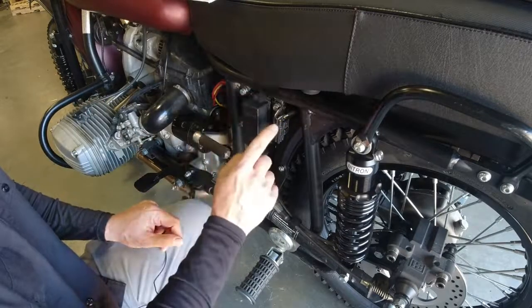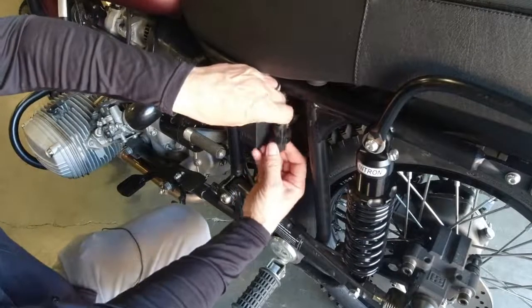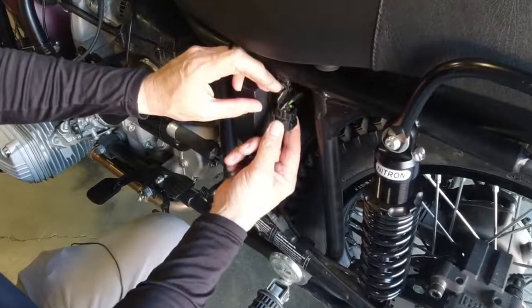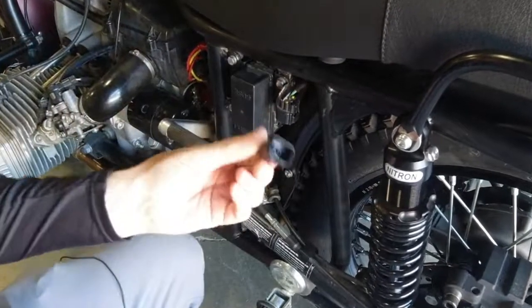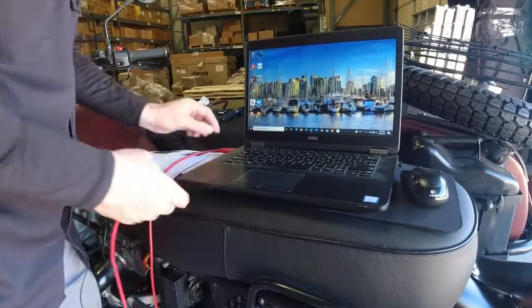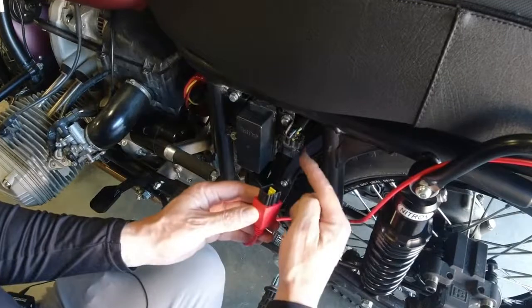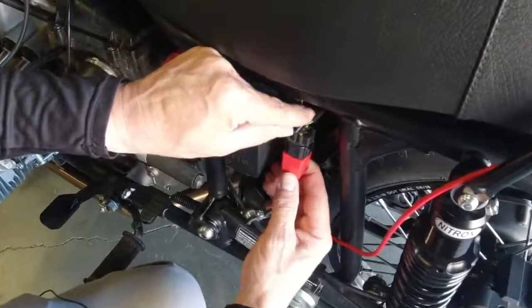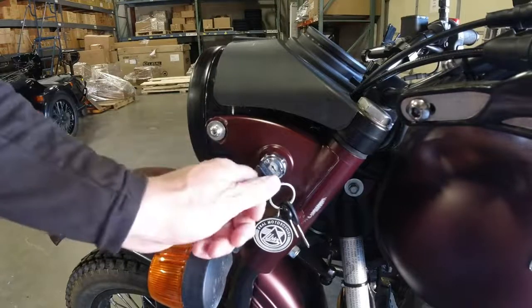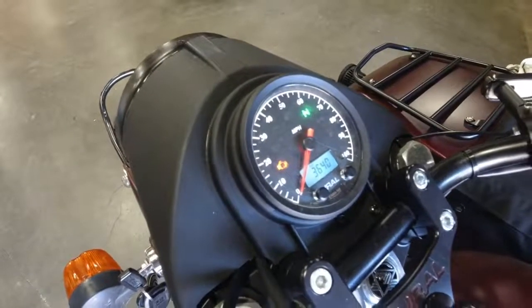But once you locate the area where your diagnostic port is, usually it's just a press and pull, and it will expose where the port goes. So you remove that cap, plug the USB end of the cable into an open USB port on your computer. Then you're going to take the other end and align the notches or the grooves with the cable and insert the cable. Now take your key and rotate it one click back to the on position. And as you can see, the check engine light is still on my bike,